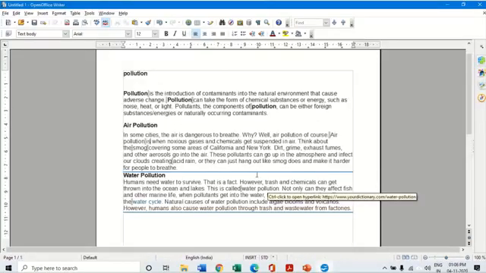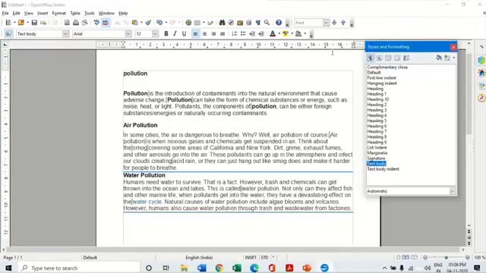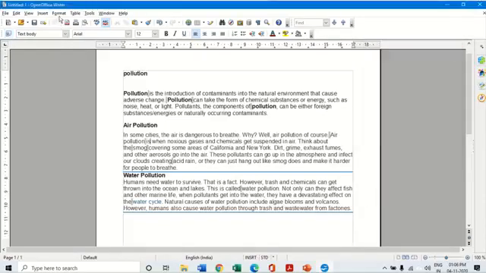Now, where do I get this formatting style box? That is, from where can I apply styles to my document? There are three ways in which I can do this. First, on the extreme left of the formatting toolbar, I have the styles and formatting button. When I click on this icon, the window opens up for me. Another method is, I click on Format and click on Styles and Formatting.